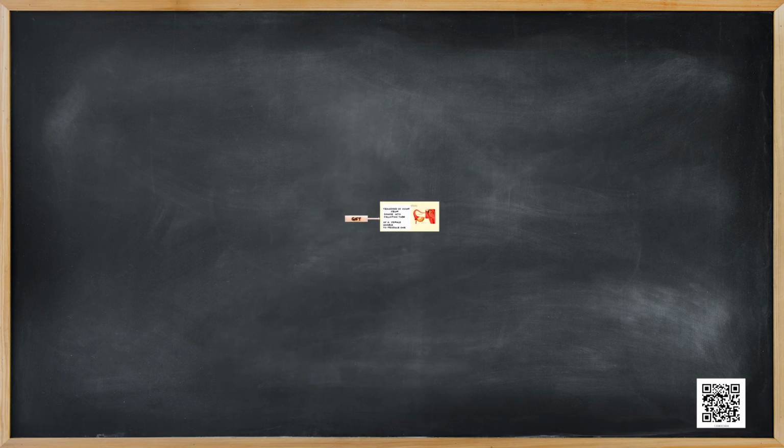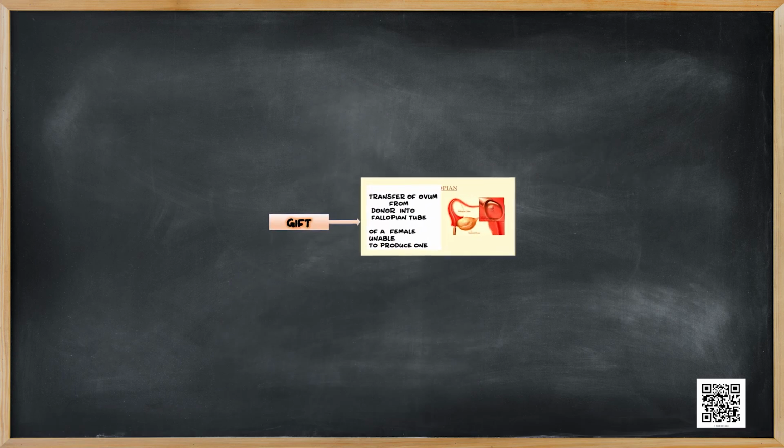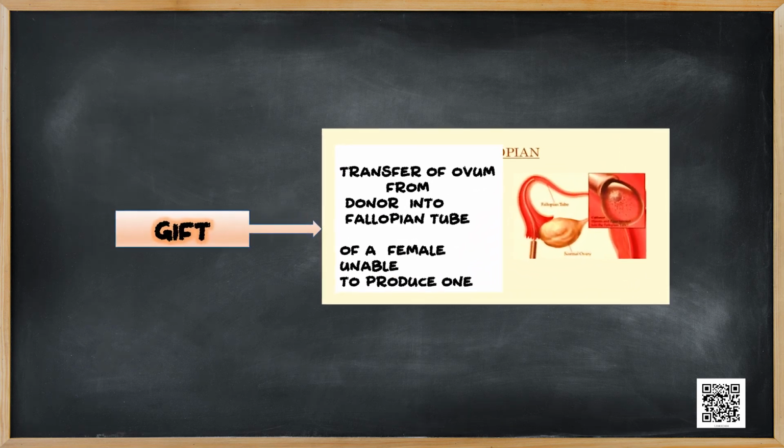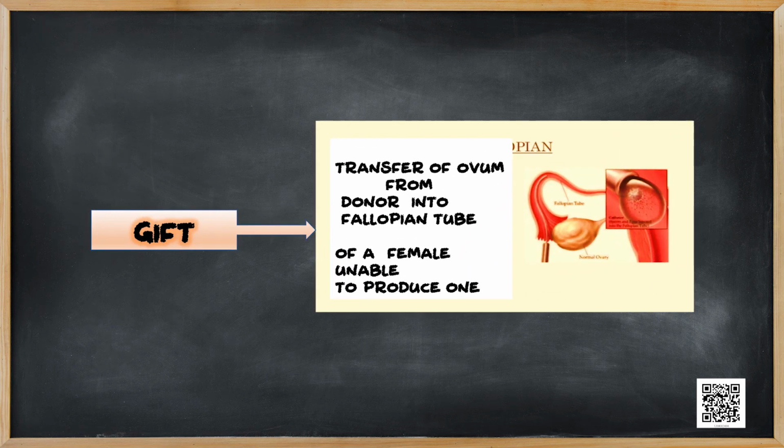In such cases, an ovum collected from a donor can be transferred into her fallopian tube. This is commonly called as gamete intrafallopian transfer or GIFT,